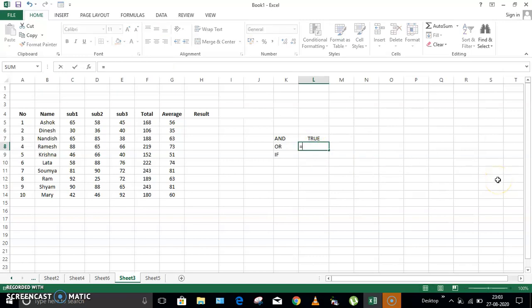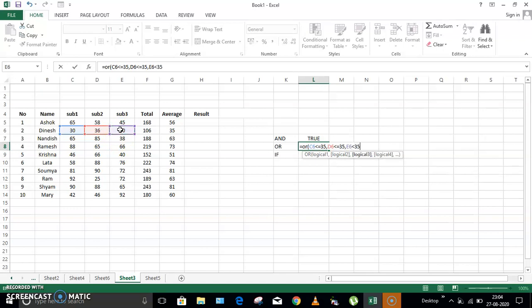Okay, like this you can go for the OR formula also. So I'll write here equal to OR, in the bracket the same thing. I'm going to take the logic: if it is less than or equal to 35, comma, less than or equal to 35, comma, less than or equal to 35.